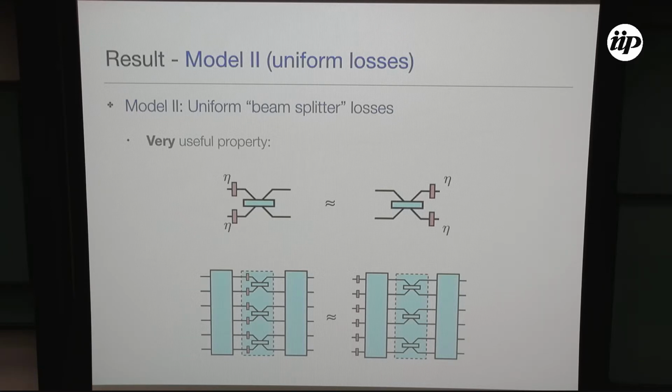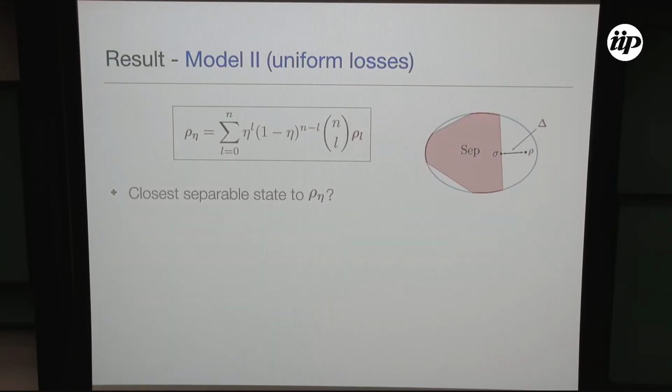And if you model it like this, essentially what you have is just a binomial distribution over the states that I was describing previously. Each photon is going to toss a coin, and it might get lost or it might survive. So you're just going to get a binomial distribution over these states with a fixed number of photons.